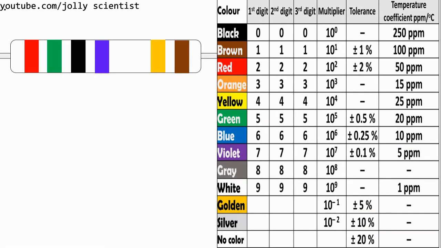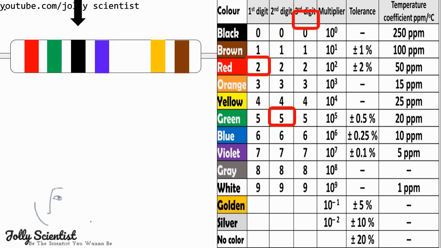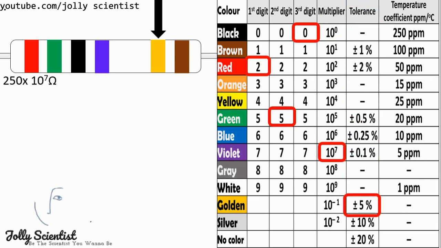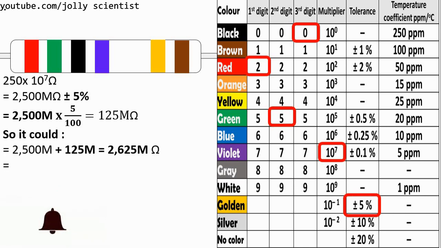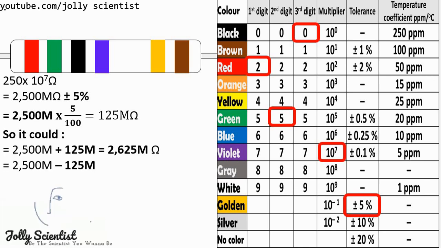So let's try this together. The first is a red, which is 2, second is a green, which is 5, third is a black, which is 0. So the fourth color, what is that? The multiplier. Good. So we have 250 times 10 to the 7th plus or minus 5%. So that gives us 125 mega ohms. So the resistor value would vary between 2625 mega ohms to